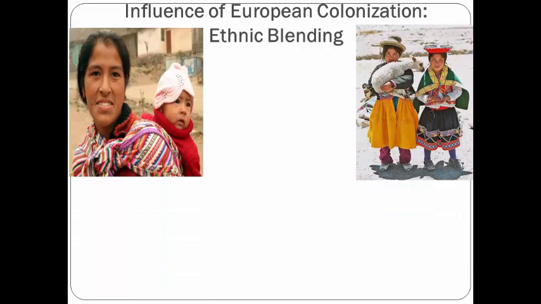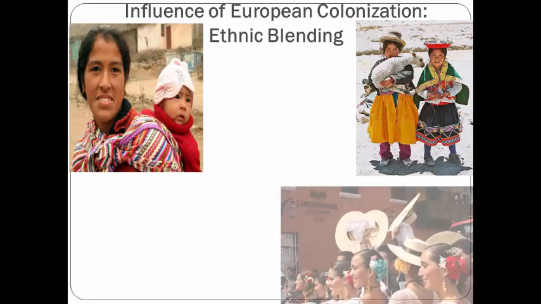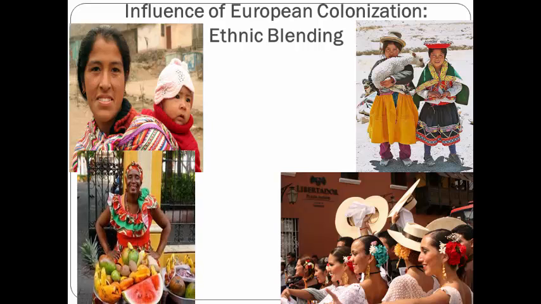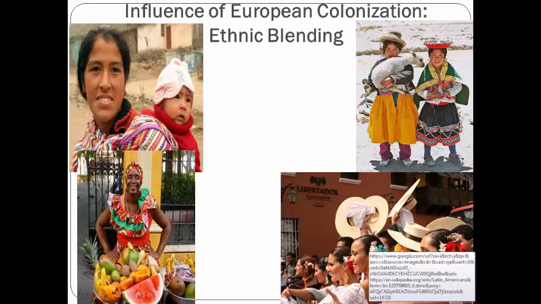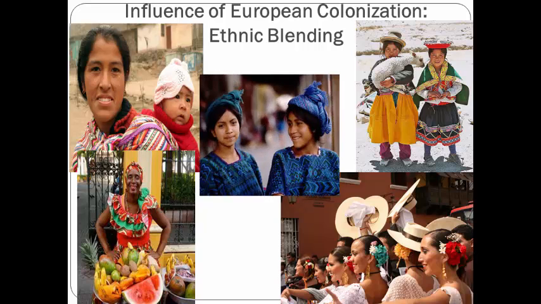An important influence of this era is the ethnic blending that was the result of genetic mixing between three distinct people groups: the Native American Indians, European settlers, and Africans brought to Latin America as part of the slave trade. The result is that the people of Latin America today have a wide range of the physical features of multiple